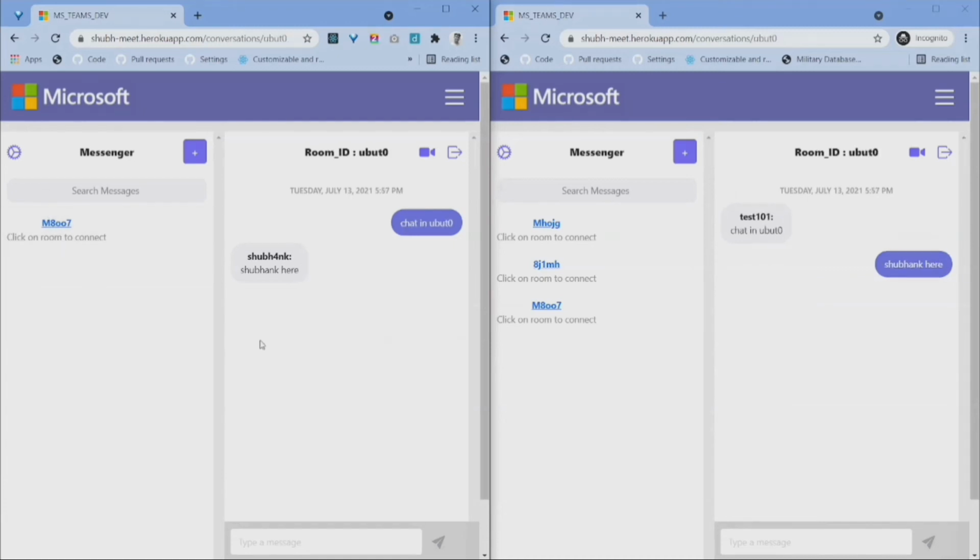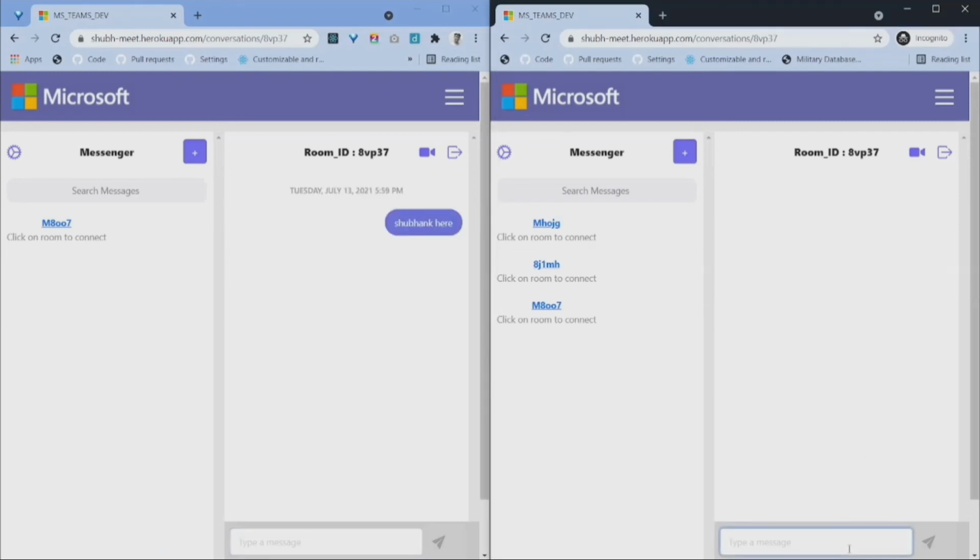The feature that I had worked upon is starting a conversation before even having a video meet. For starting a conversation, my app provides this functionality to create a room in the messenger tab itself. So when I send this message, it will be visible here once I enter the room by sending my first message.